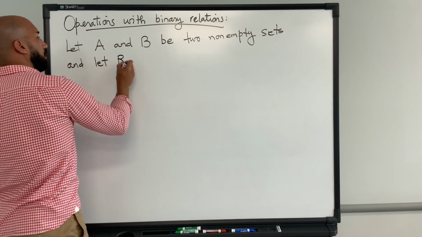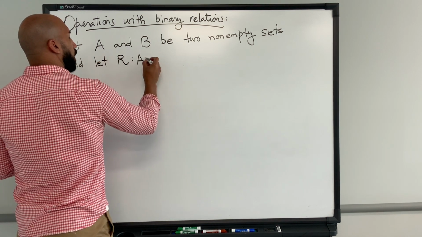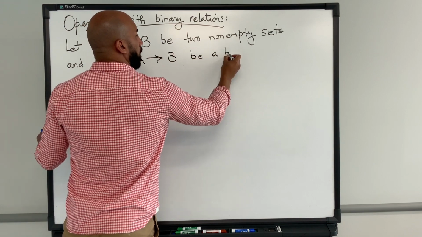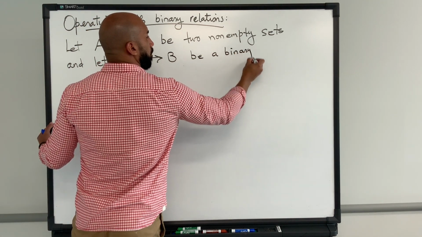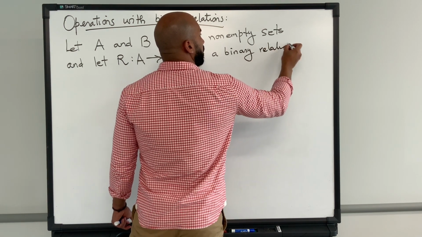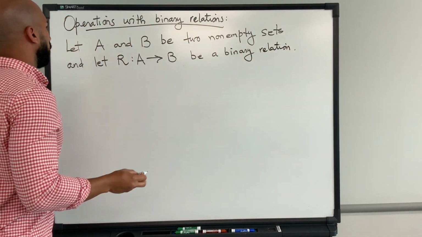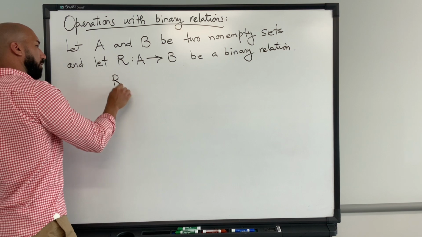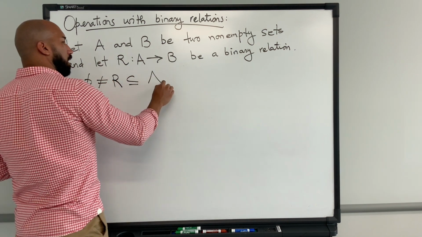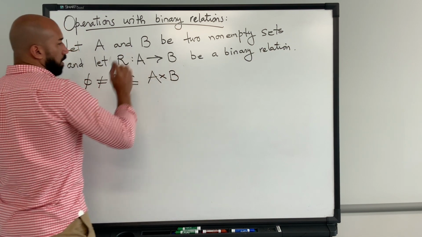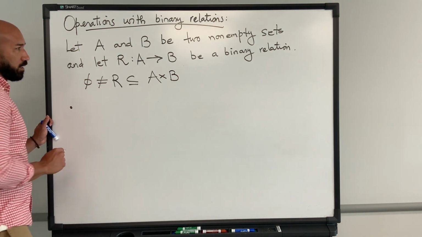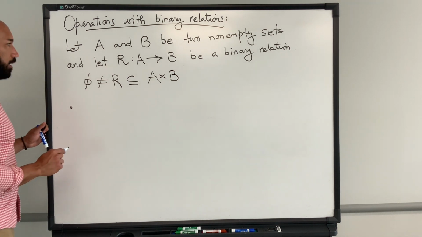And let R from A to B be a binary relation. Right, we already know that what this means is that R is a subset, a non-empty subset of A Cartesian product B. And well, the two first operations that we are going to introduce are